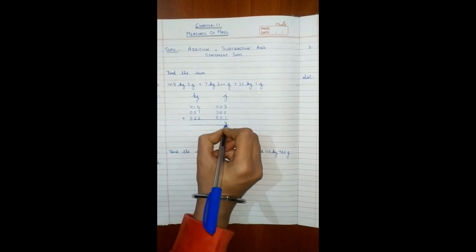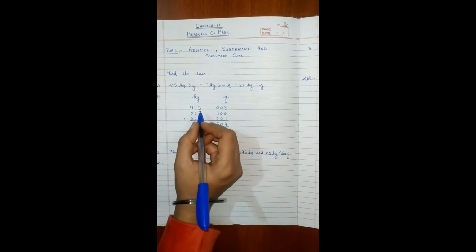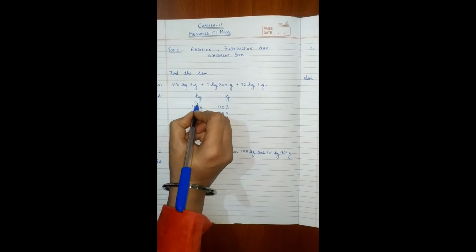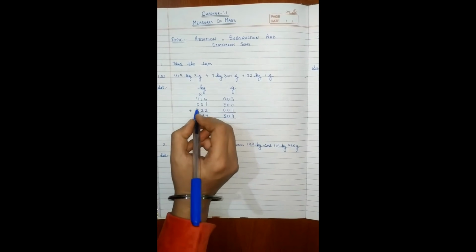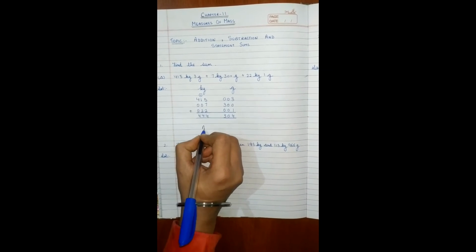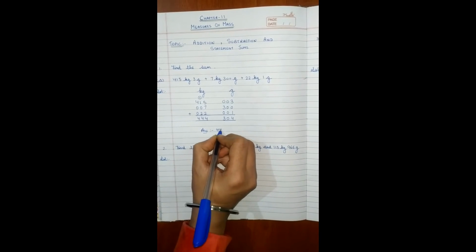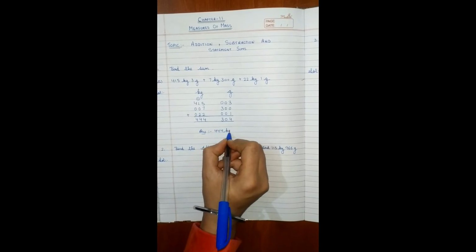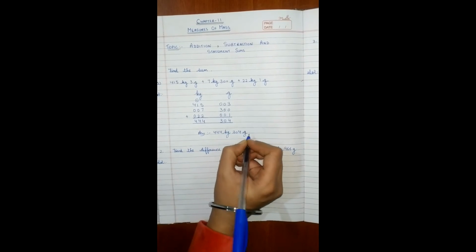3 plus 1, 4. 0 plus 0 is 0. 0 plus 3 plus 0 is 3. 5 plus 7, 12, 12 plus 2, 14, write 4 with 1 carryover. 2 plus 1, 3, 3 plus 1 carryover is 4, 4 plus 0 is 4. So you have to write the answer here, that is 444 in the kilogram column, and 304 in the grams column. So write here 304 gram.